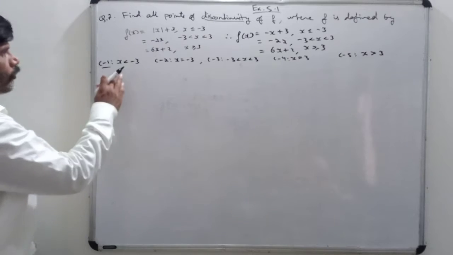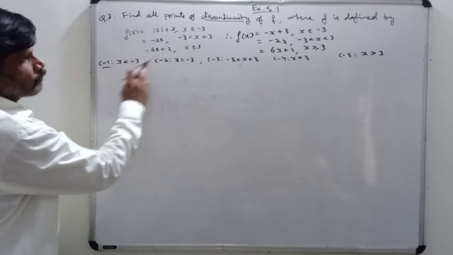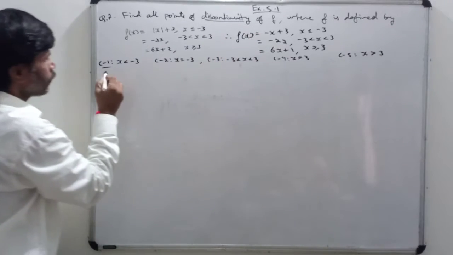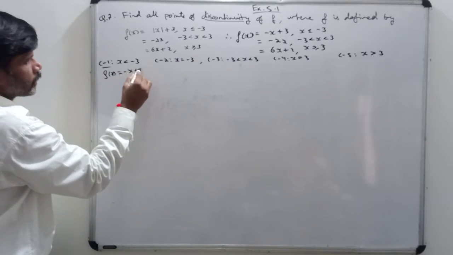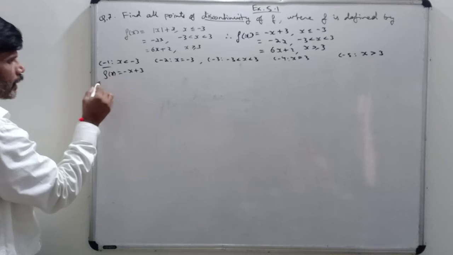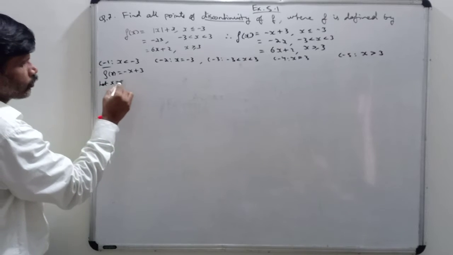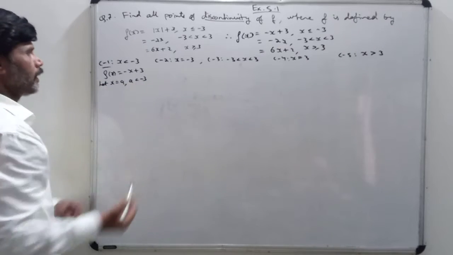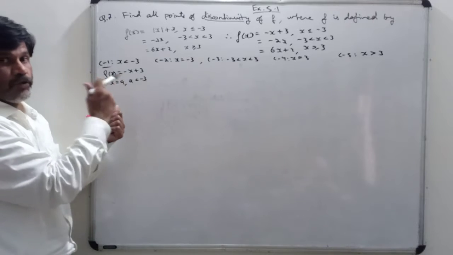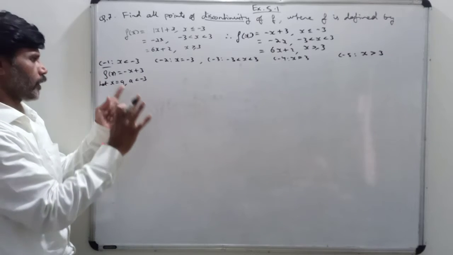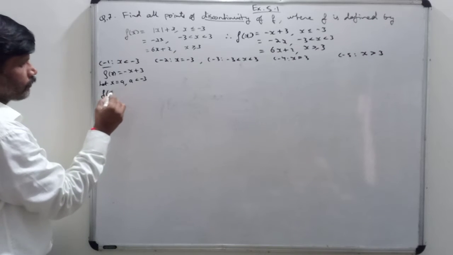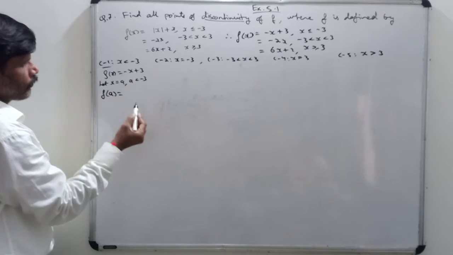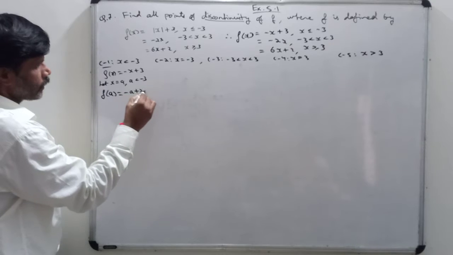Okay, so for x less than -3, the function is -x + 3. So here we'll start like this. Let x be equal to a, where a is less than -3. Keep in mind that a is like -4, that way we can think. First of all, we find the value of the function, f(a). f(a) is equal to -a + 3. Give it result number 1.